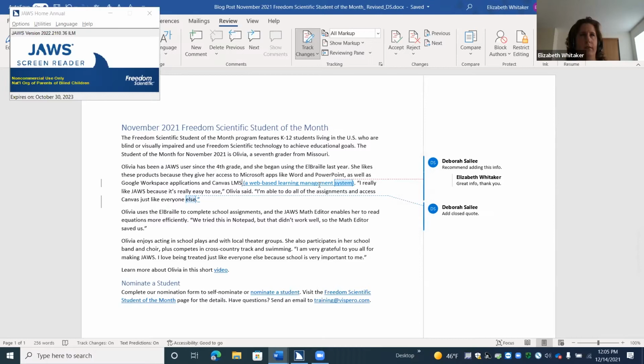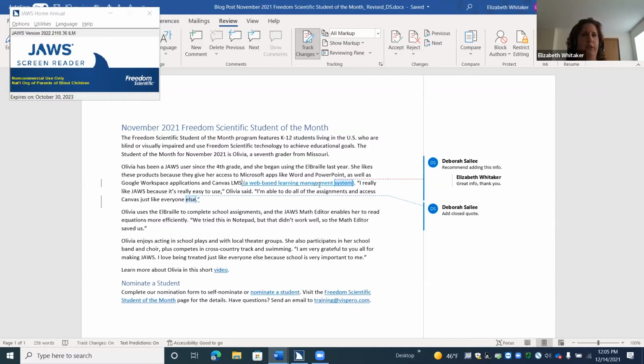The reason I wanted to show you that is because if you're reading your document line by line and want to know what that revision was, you can navigate to it with your cursor, then press Insert Control R. So lots of information there. If you want to get a list of revisions, it's Insert Shift R. And if you want to read a revision at the location where your cursor is currently located, you press